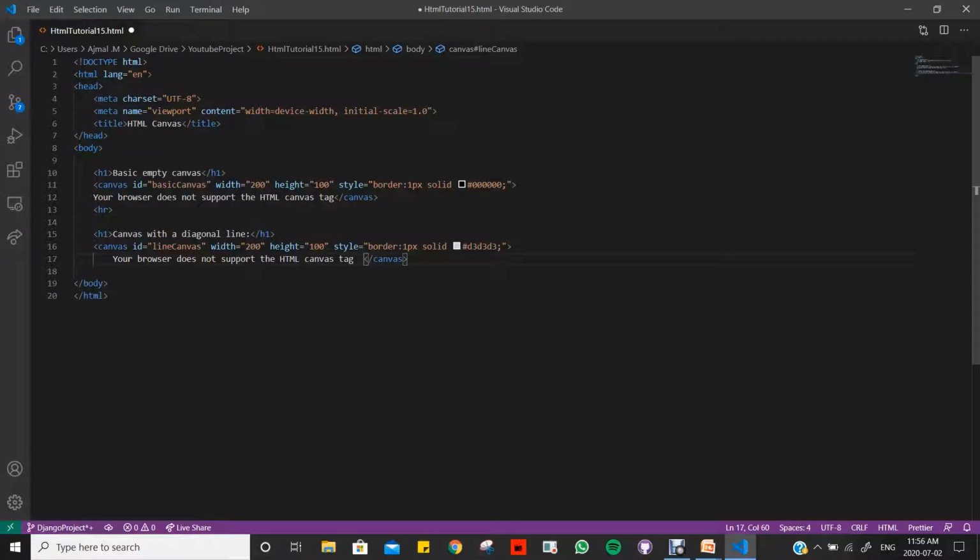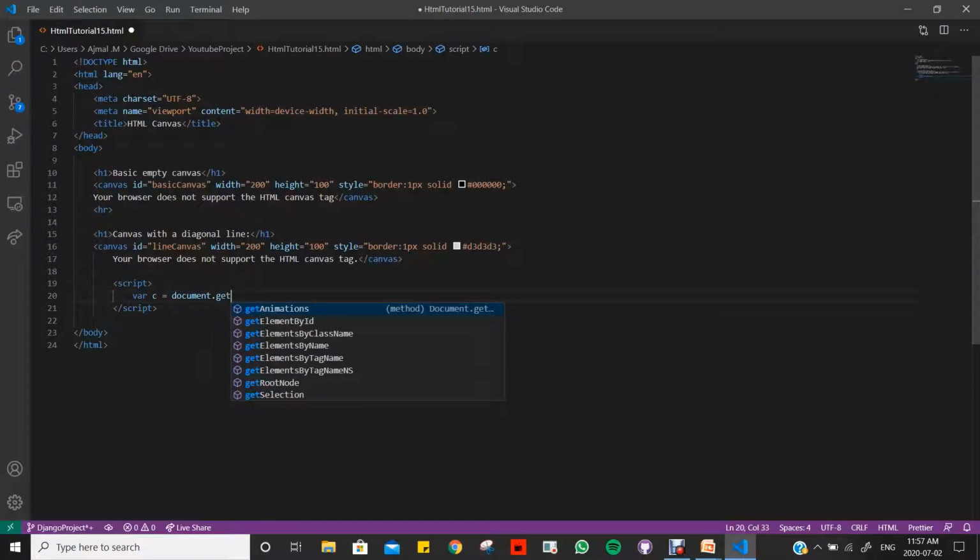Okay, so that's that for the canvas tag, and now is the important part of the coding. This will be the JavaScript code that we need to use in order to add some functionalities to the canvas. So script. Var, we're going to give it a variable. We'll call this variable c, or initialize it. c equals